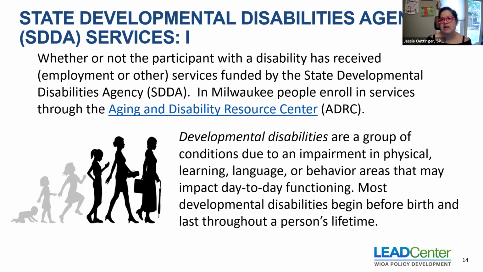And just another note about some of this. Obviously WIOA is federal legislation and it's talking about different kinds of services or agencies, but every state has its own constellation of how they distribute those services. Some states group different services under different agencies. Some states split things apart that are together in other states. So they do their best to use the vaguest terms. And for the State Developmental Disabilities Agency, there actually is not a singular one in Wisconsin, but